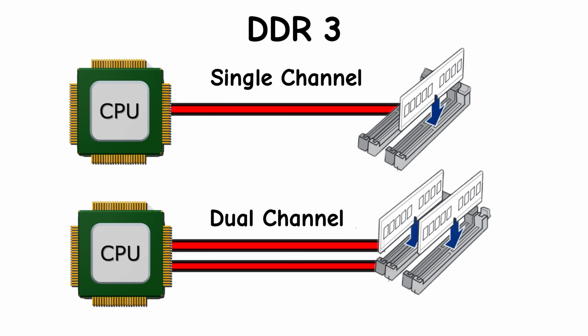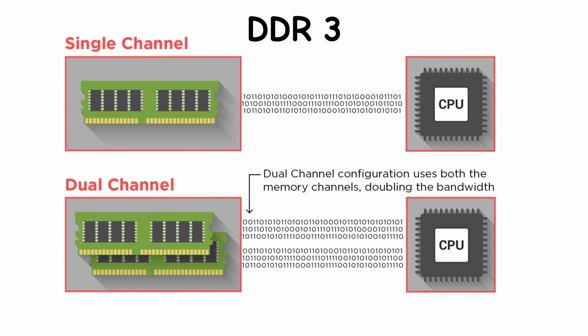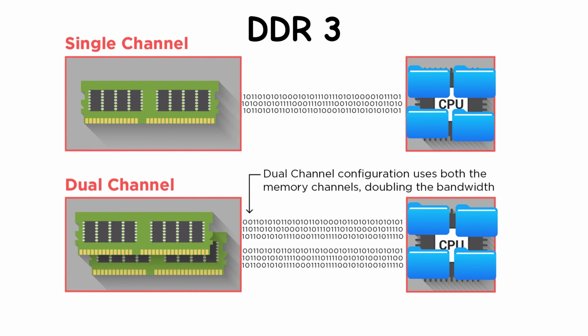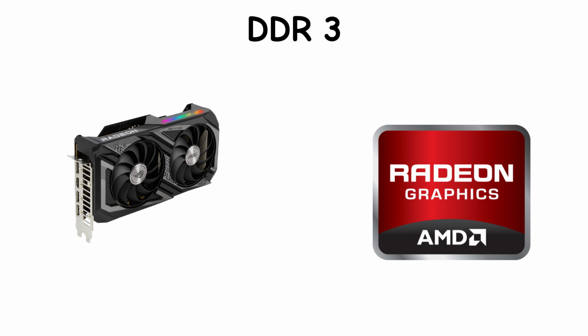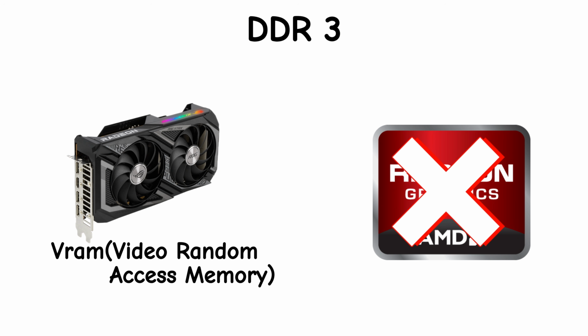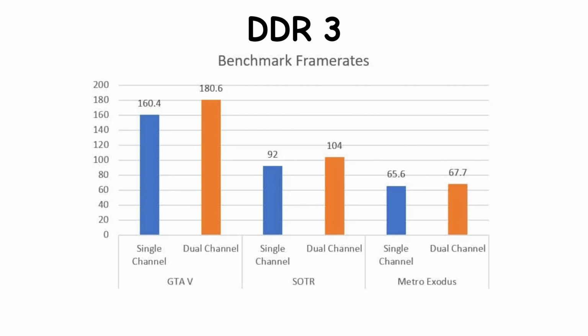One of the most important things people associate with DDR3 is dual-channel setups becoming widely used. With 2 matching sticks, the system can move memory data faster than with 1 stick, so everything feels snappier. Dual channel also matters a lot for integrated graphics. A dedicated graphics card has its own memory, called VRAM, but an integrated GPU doesn't. It uses your system RAM instead for visuals,